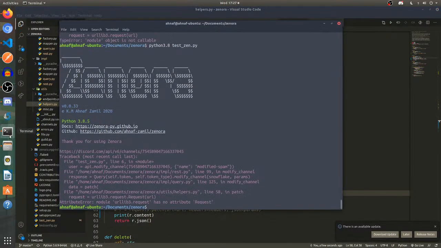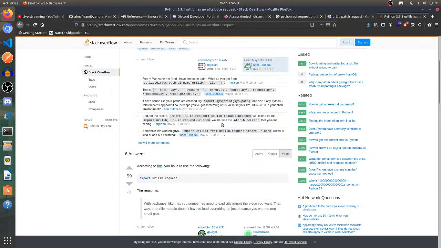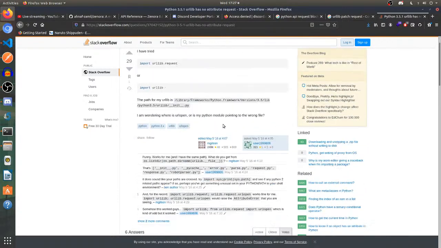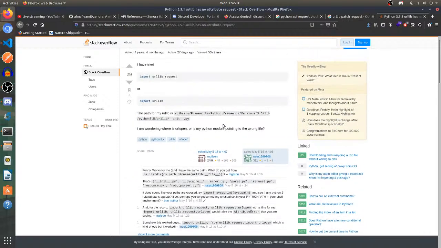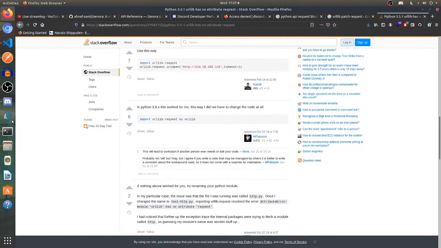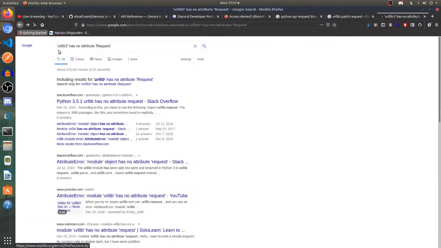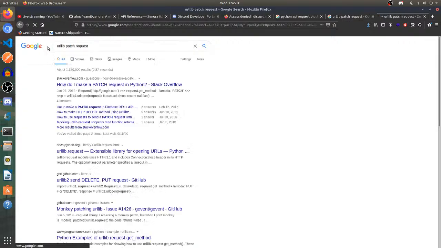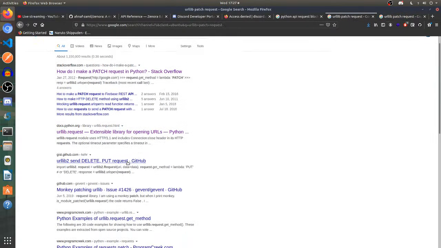Do this. Import urllib. URL open. urllib patch request search, the same thing again.